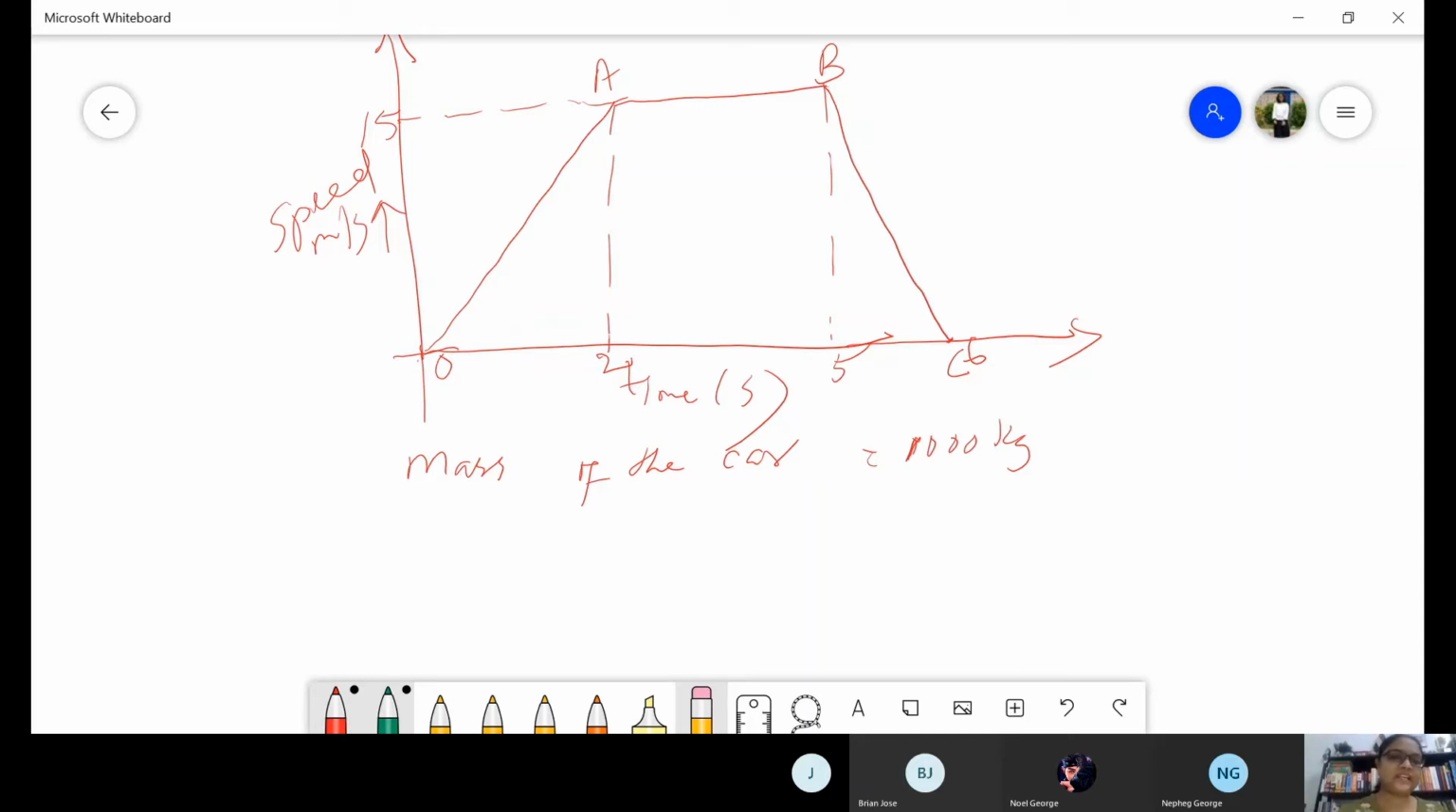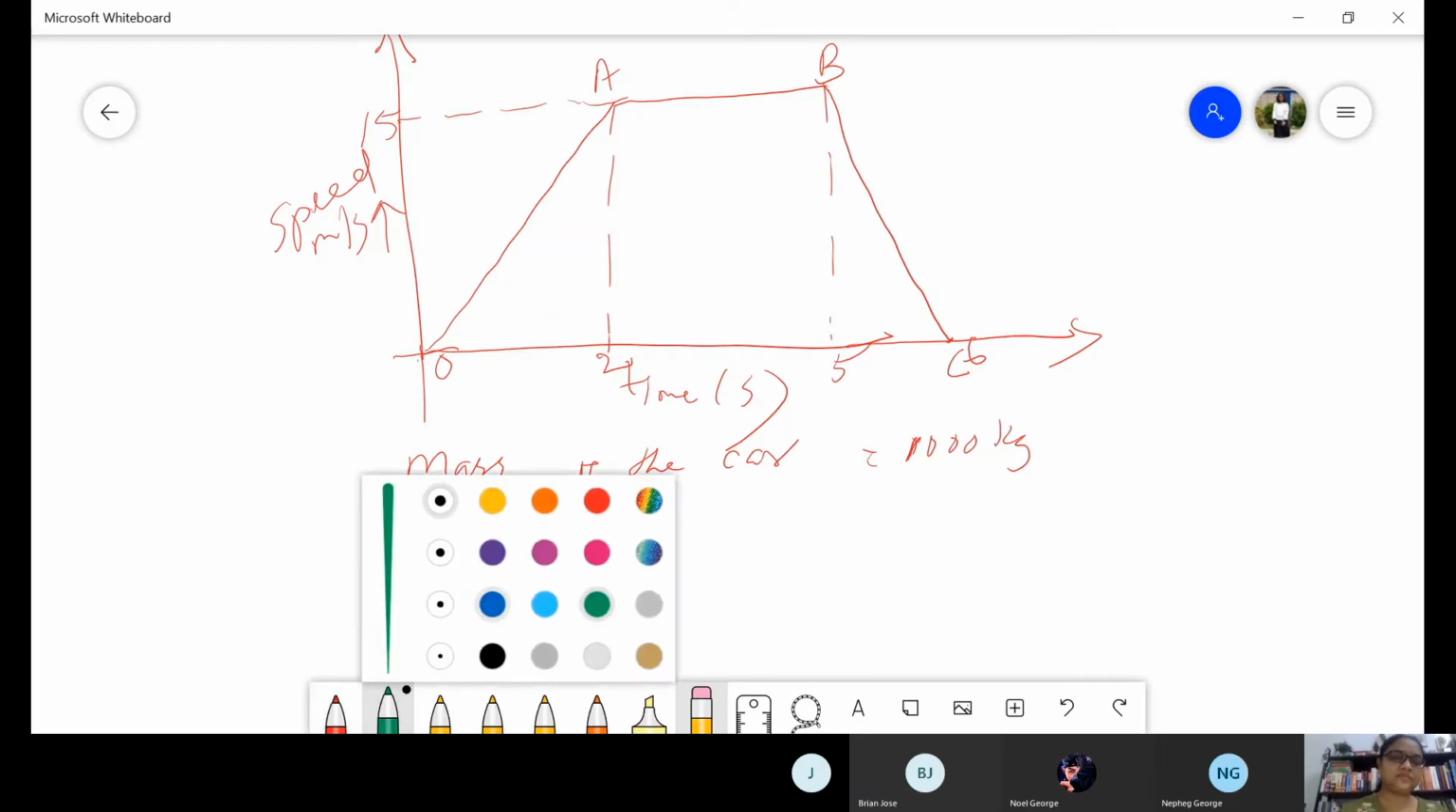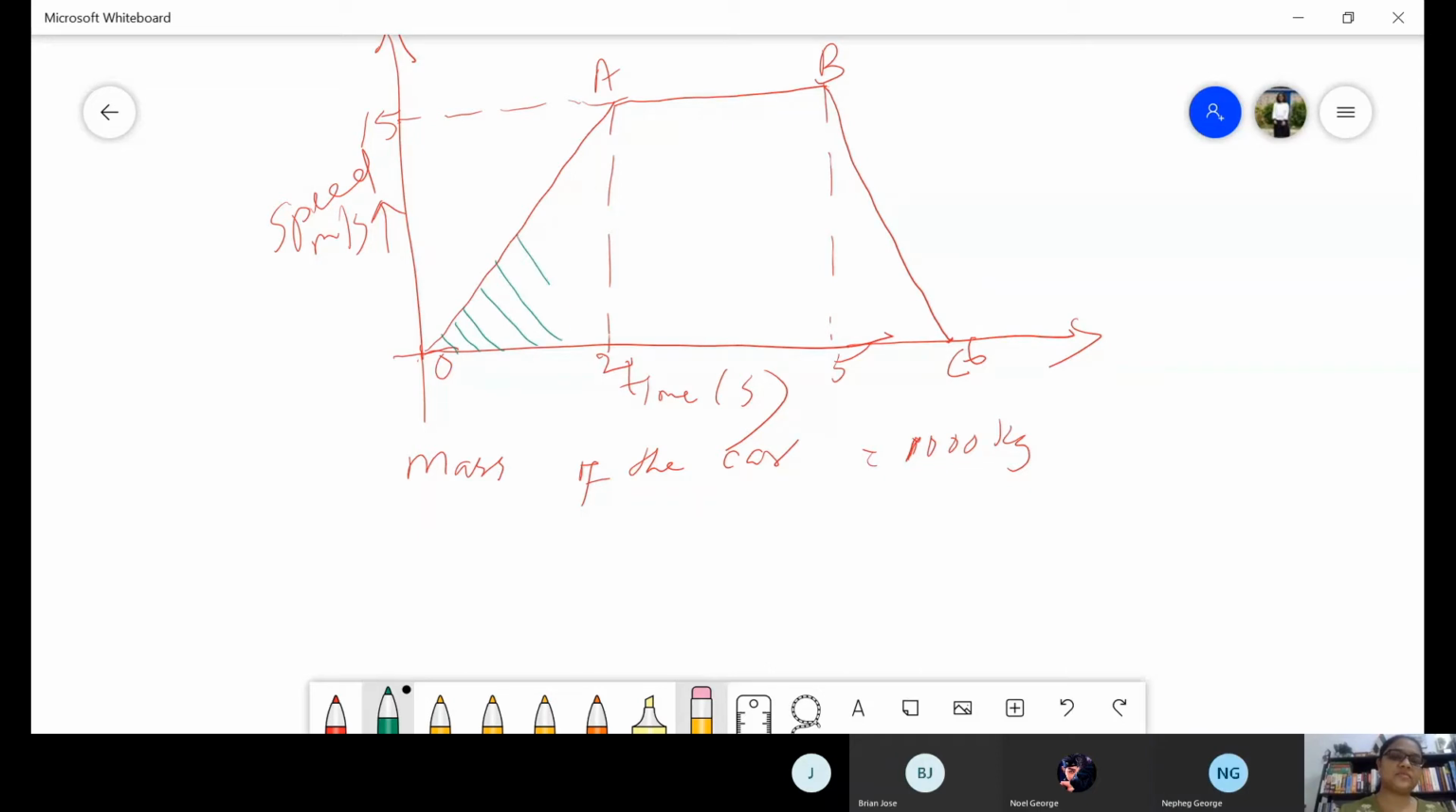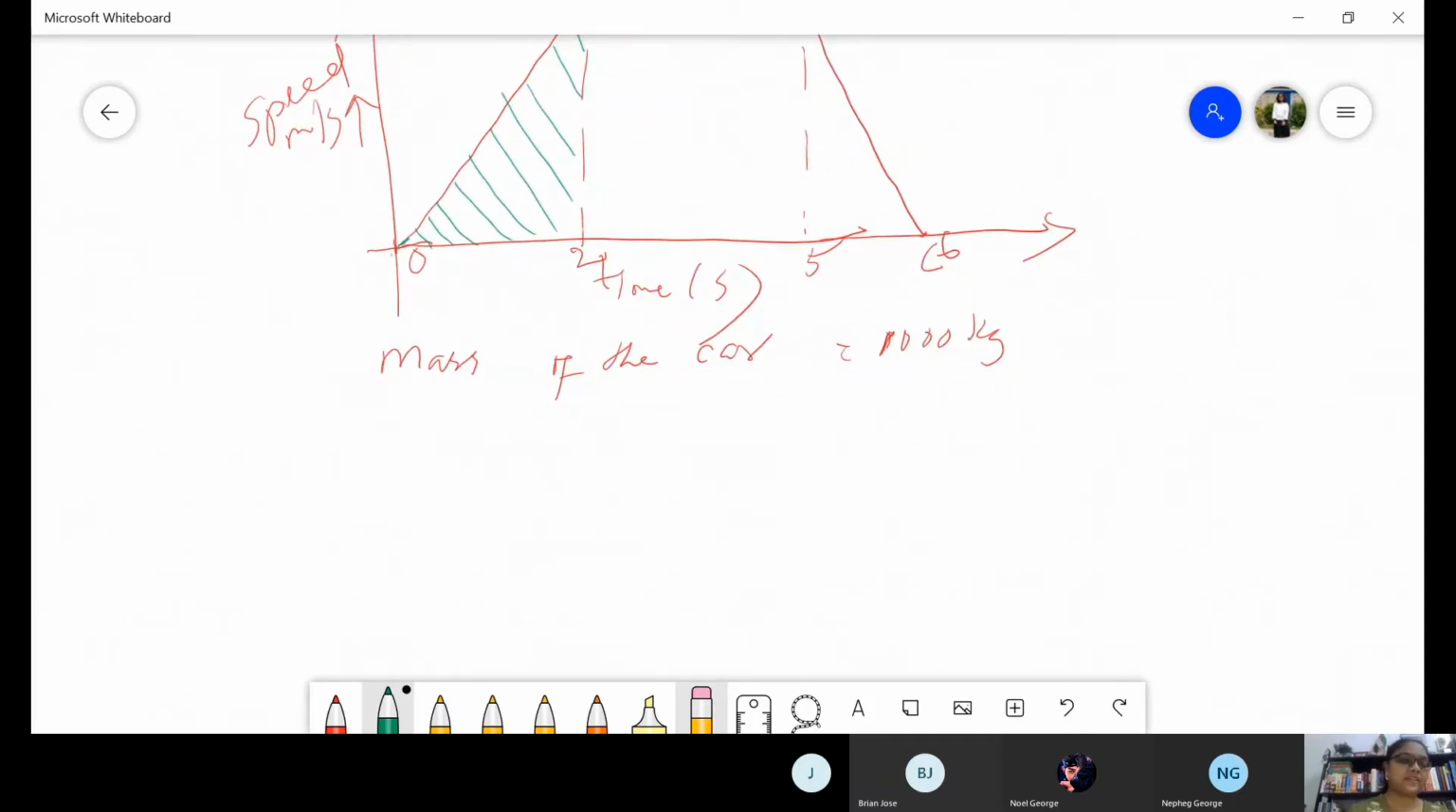So which part do we have to take? We have to take the area under the portion. Which portion we have to take? This portion. Why? Because in time 2 seconds, the car starts from O, it reaches A. So we have to find out that much area only. So how will you write the statement? We can write like this: distance covered by the car in